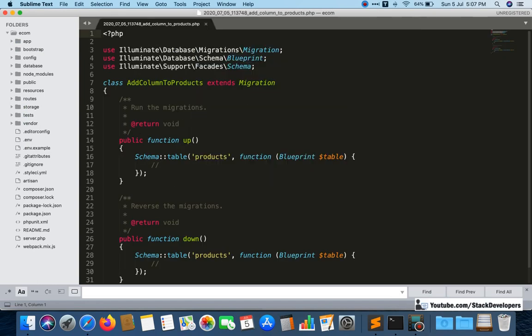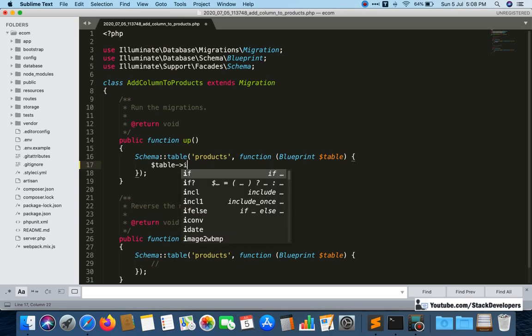Inside this I am going to add $table->integer, because we want to add our column, and that is brand_id, an integer column.